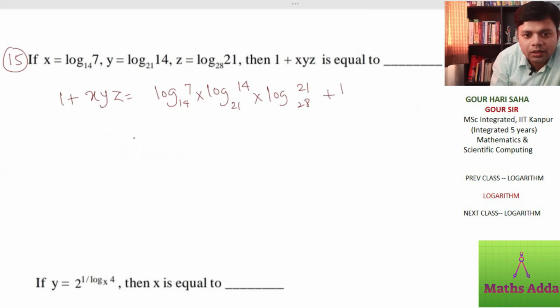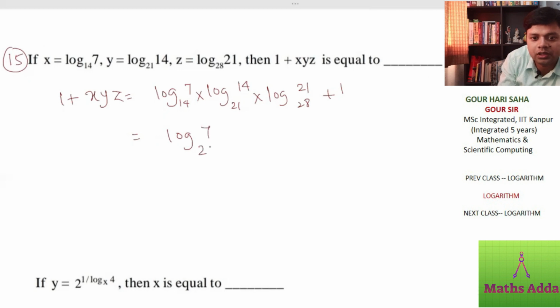Okay, now I can do this very clearly, this will cancel out, it will simplify to log of, I am skipping that part, convert to the base change formula, then 14 will cancel out, and we get log of 7 base 28, which will simplify to this one plus 1, right? In this question there should be some change, so do one thing, convert this to 49, then it will be a good answer. There is some typing mistake, I think. So convert the question, otherwise it will not be a good answer. So here it is 49. Now you can answer it.